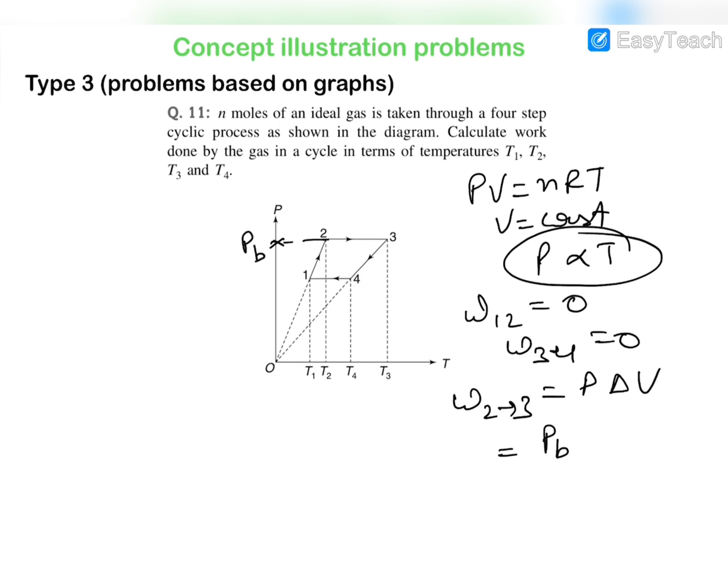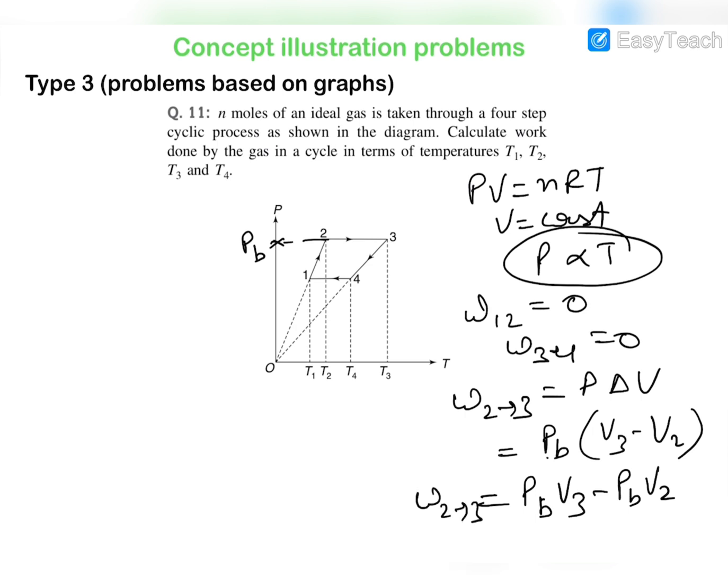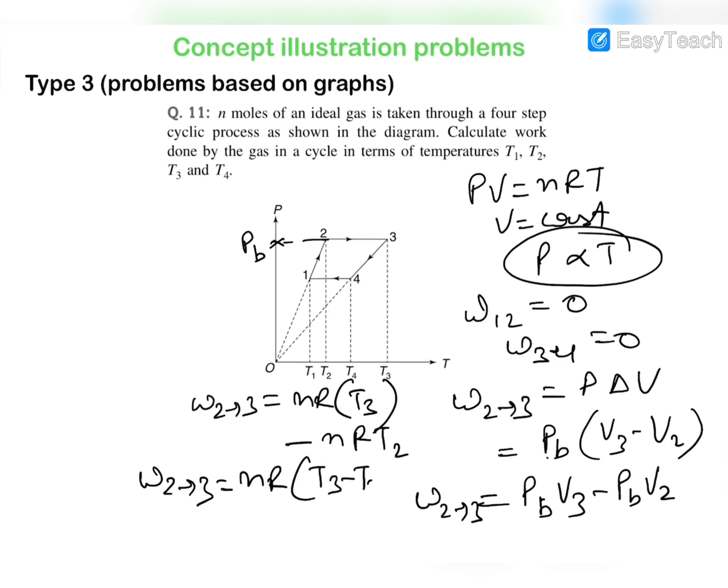So it is PB, delta V is V3 minus V2, and this would be PB V3 minus PB V2. So work done in 2 to 3 will be equal to PB V3, which is nRT3, and PB V2 will be nRT2. So work done in 2 to 3 is nR times T3 minus T2,